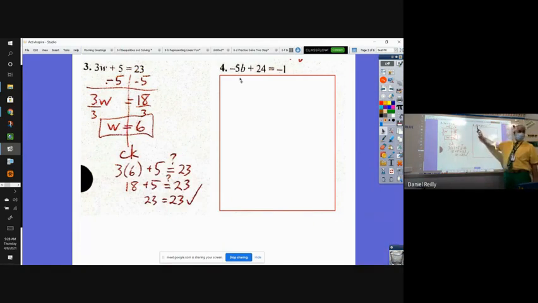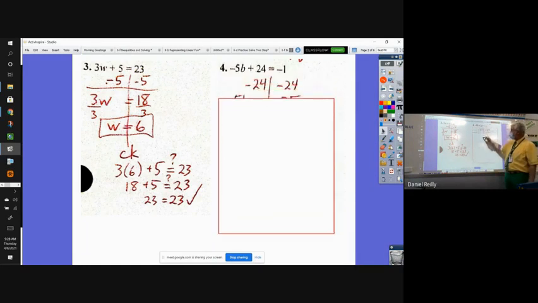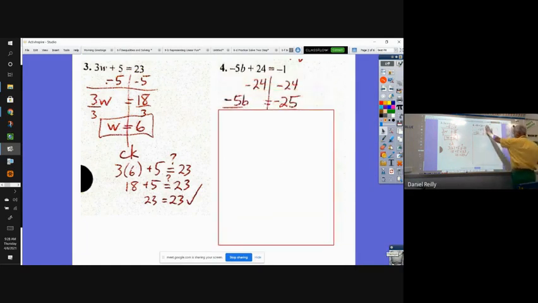This one has a negative number in front of the variable. So I still have to subtract to get rid of this plus 24. Subtract 24 from both sides. Many people mess this up. -1 minus 24. Subtractions with negative numbers in them,